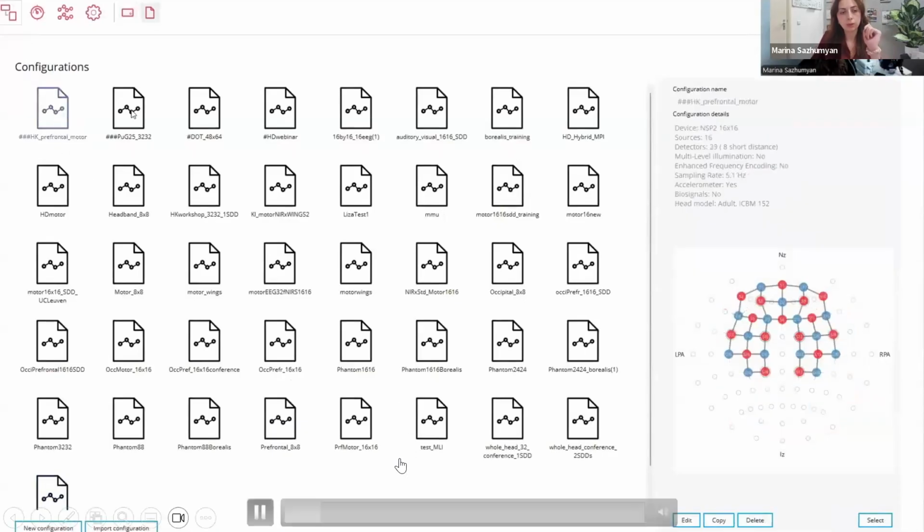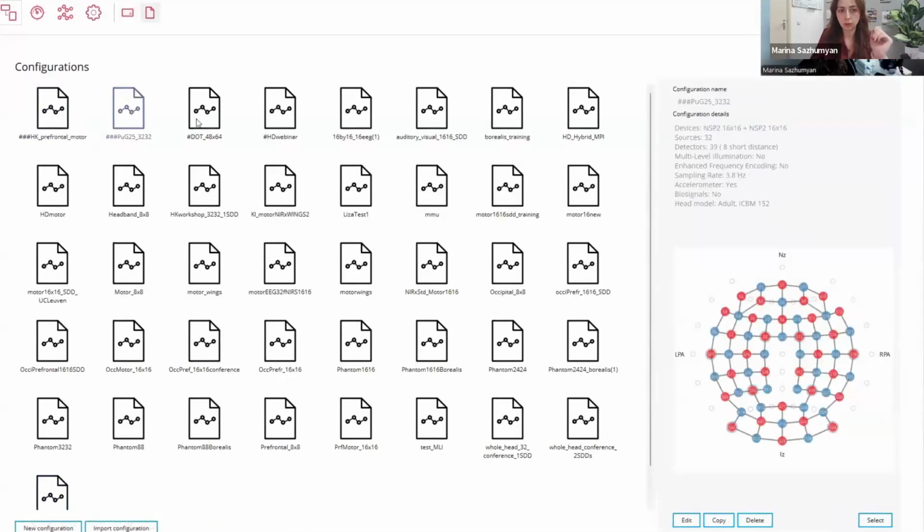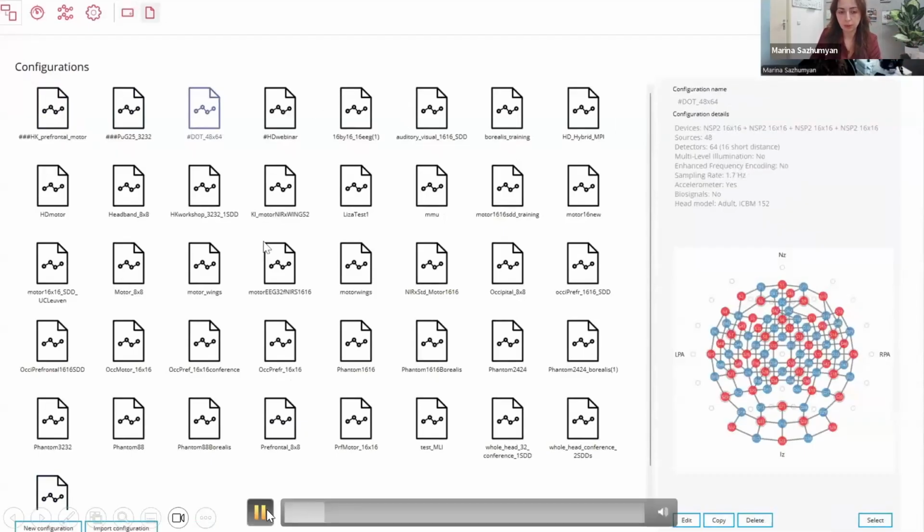So next, we would want to choose our configuration if we already have one created, which in this case we did. So this is just an example of,